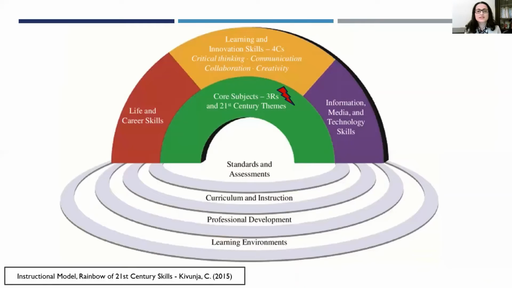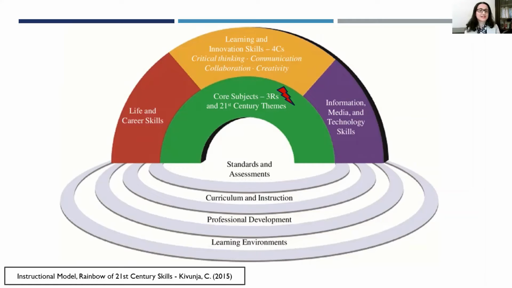So one of the interesting models is the Rainbow of 21st Century Skills. It was initiated in 2015. I find it interesting because it's comprehensive, although now it definitely will need more adjustment, but I would like to point attention to it as a rainbow here. If we consider the green part, core subjects, 3 R's. Now, of course, we all know the 3 R's started back in the 19th century. By the 3 R's we mean the English, reading, and arithmetic, but because they are the basics for all other subjects, you need to read, you need to write, you need to do arithmetic. So they are the basics for other subjects.